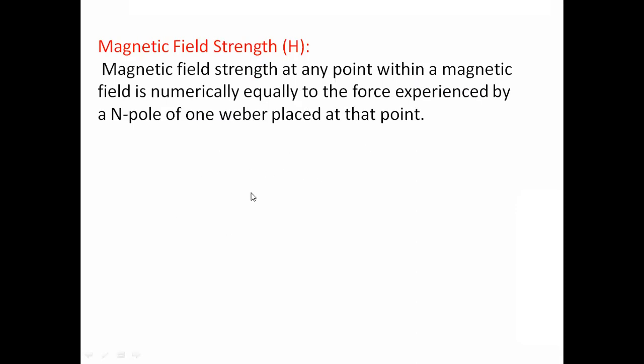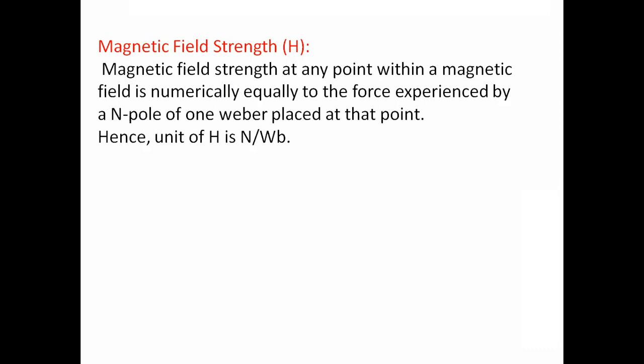Suppose we consider a north pole in a magnetic field; it will experience some force. That force relates to the magnetic field strength. Hence the unit of magnetic field strength is newtons per